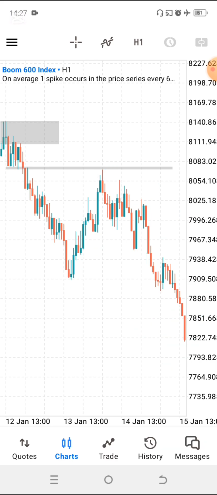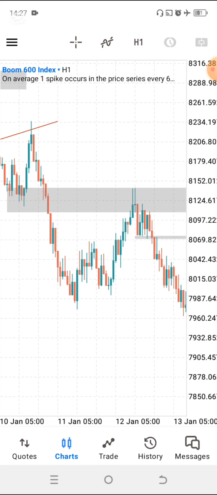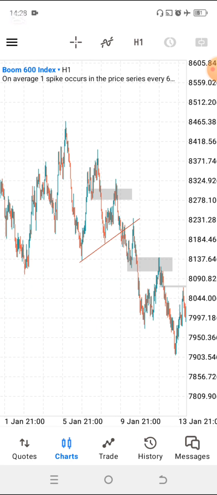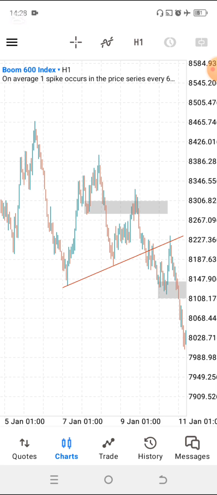So price action, you just have to get it, you have to be able to analyze it, you have to be able to practice it, especially for the trend lines. The trend lines, you have to practice drawing them to perfection. Why? Because it's difficult to know which point you are supposed to mark. And for the trend lines, I also forgot to mention, sorry for this.